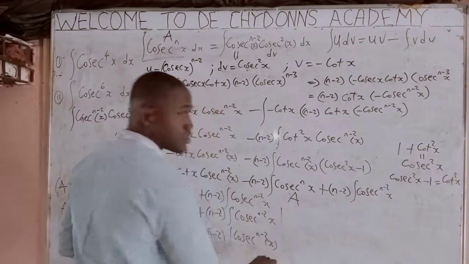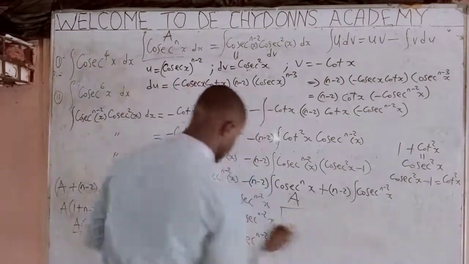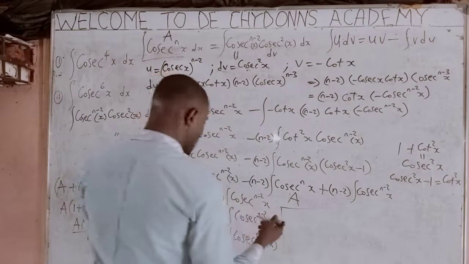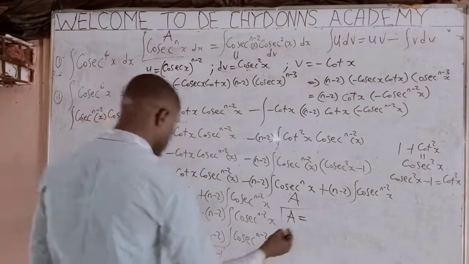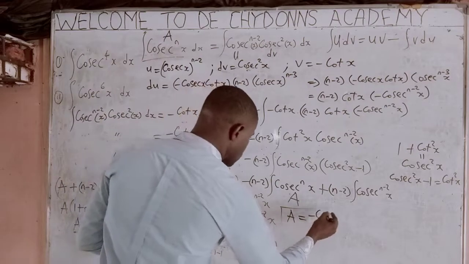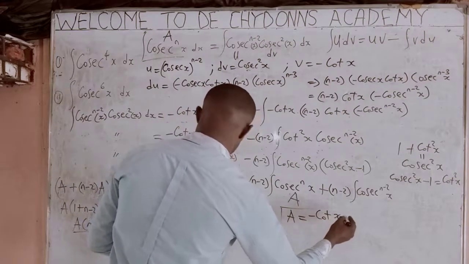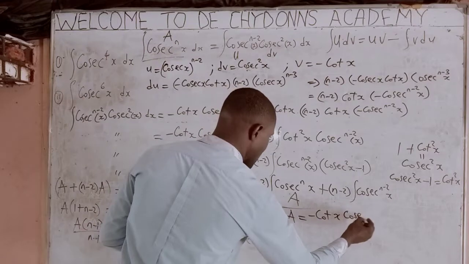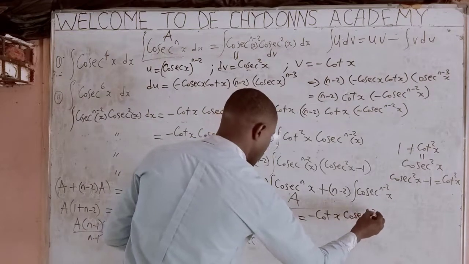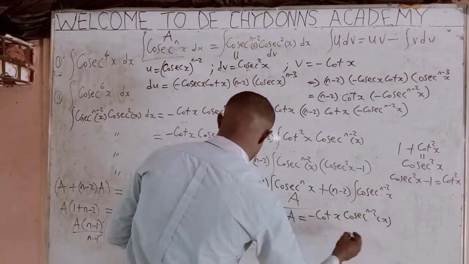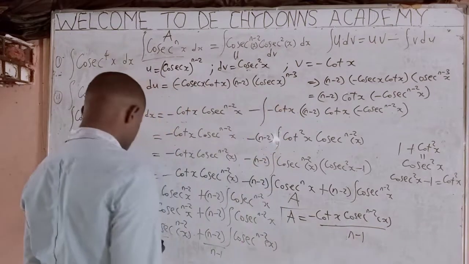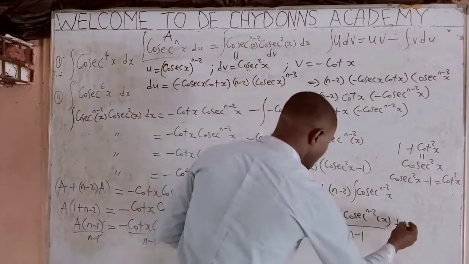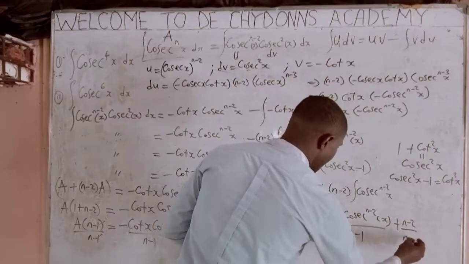You'll be having that a will remain, a equals minus cot x cosec^(m-2) x all over m minus 1, plus (m minus 2) over (m minus 1)